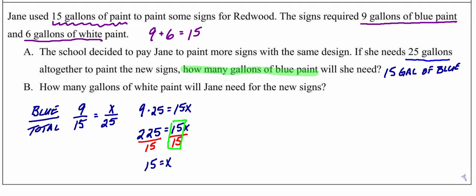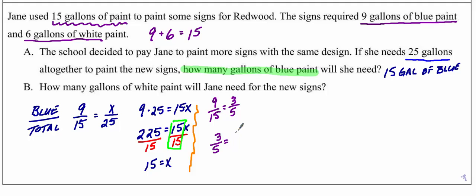The second way that you could solve this, probably the way that I would actually solve this, is I would take that 9/15 and I would simplify it. 3 goes into 9 3 times, 3 goes into 15 5 times. I would simplify it even before multiplying, even if it didn't work out, just because it makes the numbers easier to use. But I used the original numbers just so you'd see where everything came from. Then I would take that 3/5 and I would say, okay, I've got 3/5 is equal to